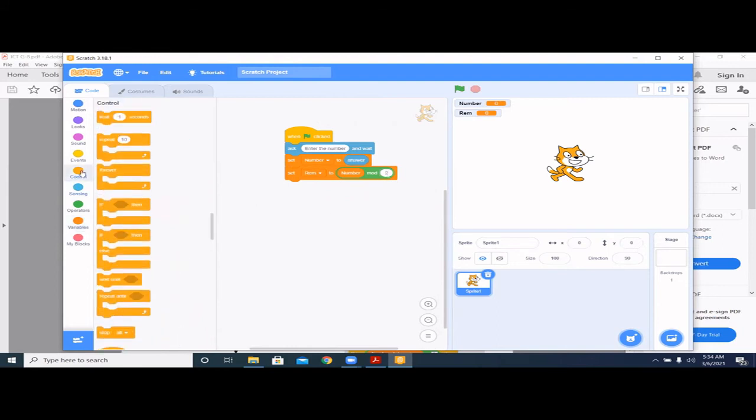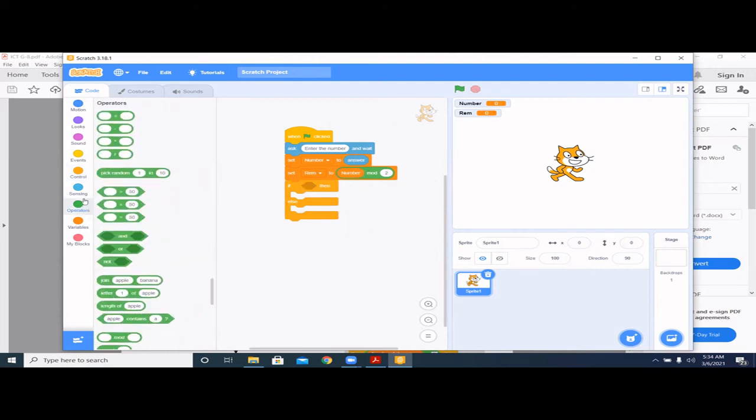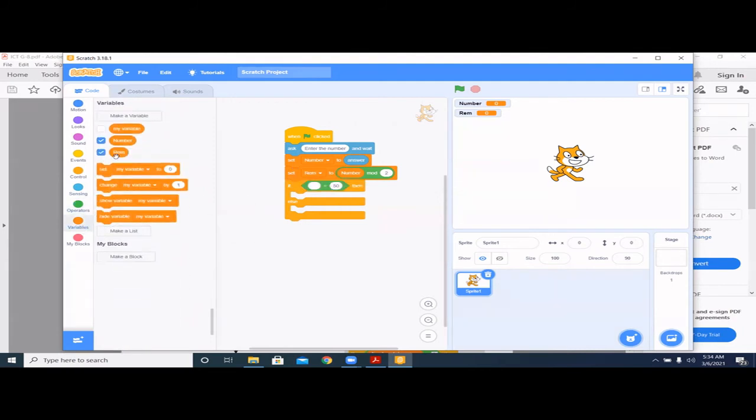Then your control structure should be taken. It's in if and else. So if, what is the condition? If rem, or the remainder, is equal to 0, right? If your remainder is equal to 0, then what is this? This is a